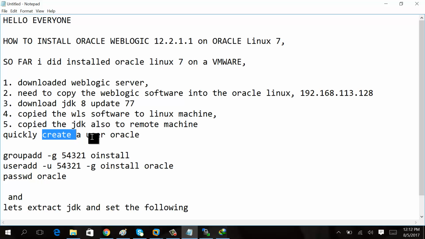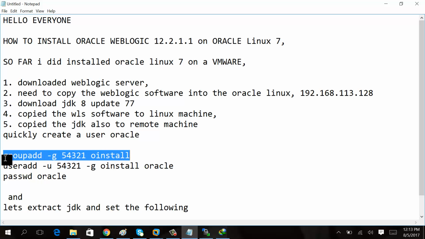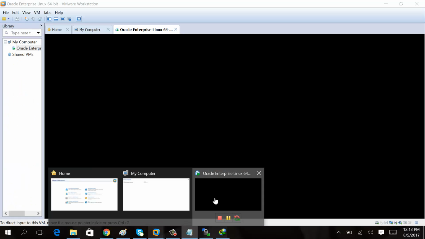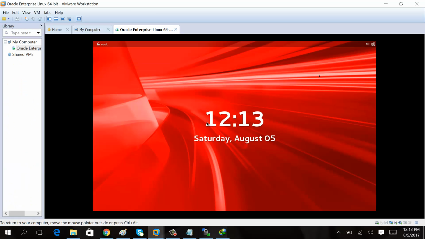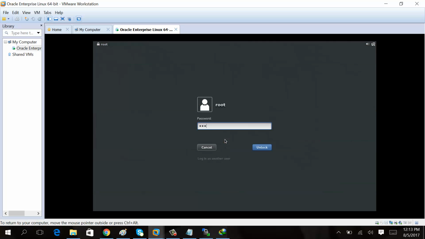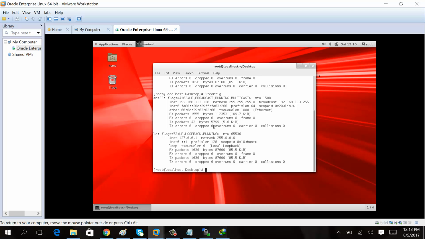Now what is next? Quickly let us create a user in Oracle, and a group also. In Linux for group creation we should use the command groupadd. So as root we have to do this. So just paste this command here. Okay, let's type it. groupadd